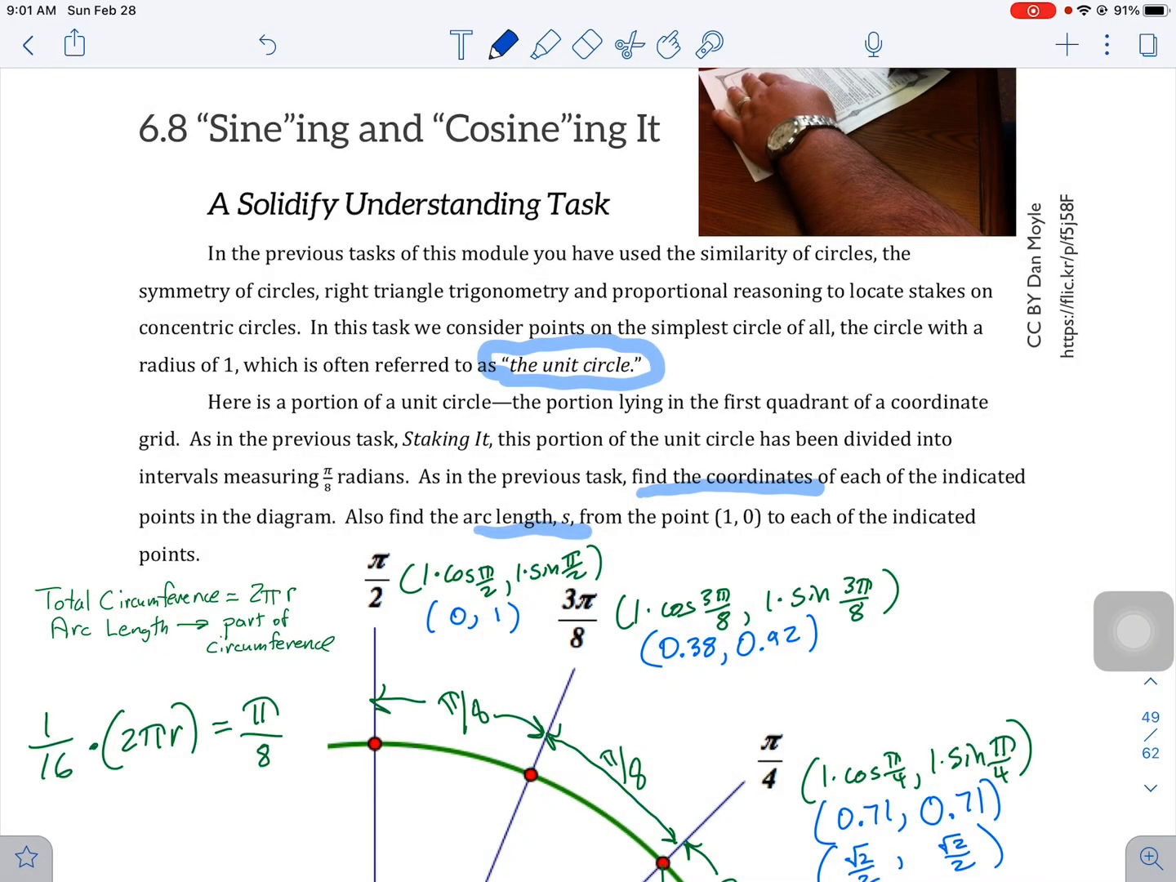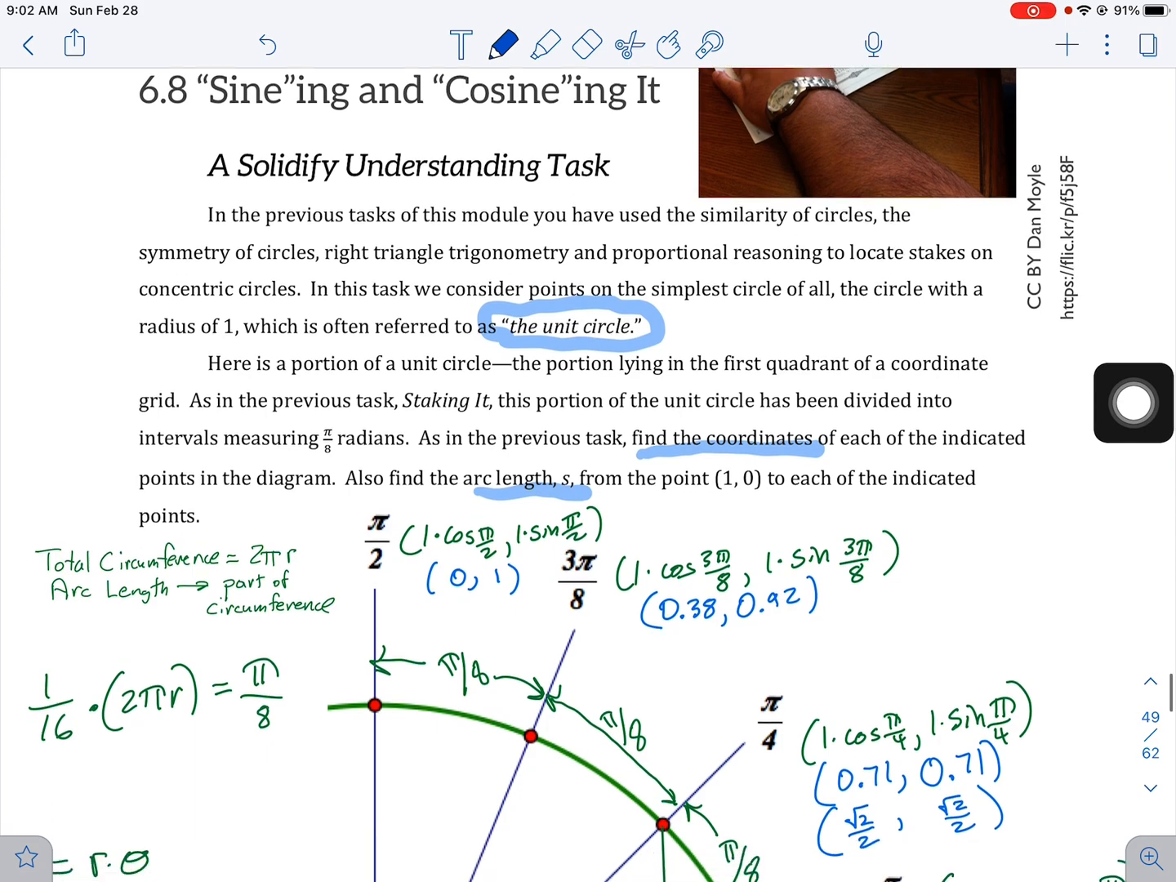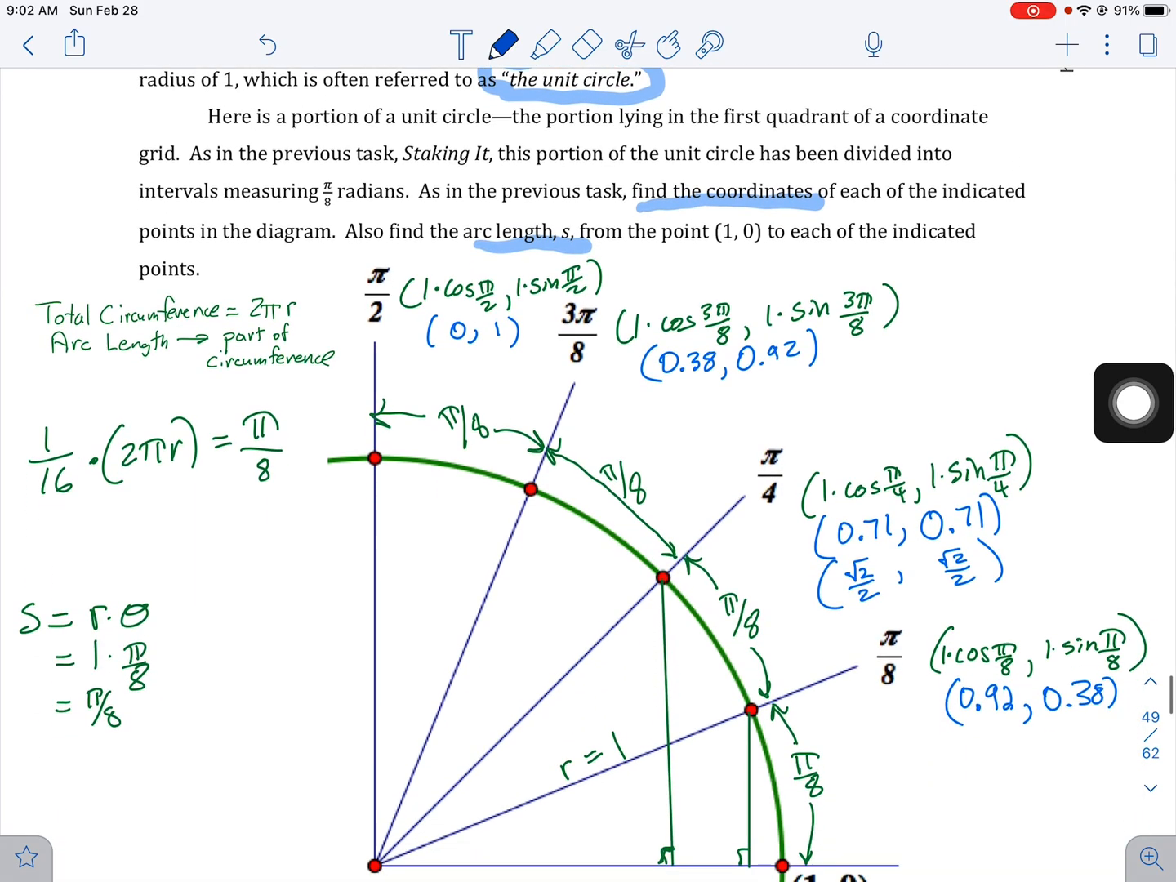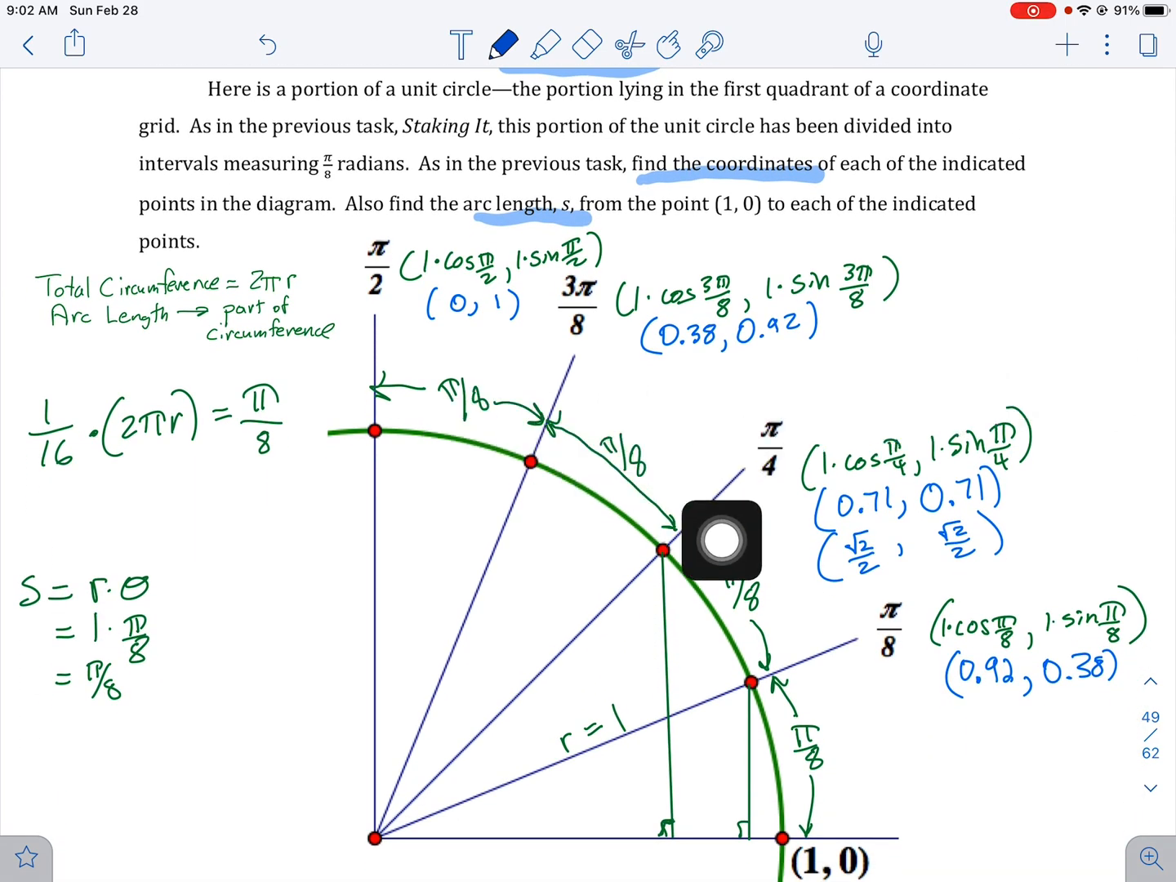Welcome. This is 6.8 task. It's called signing and co-signing it, and there's a person with a document they're about to sign, and it's a terrible pun. But anyway, this is about something called the unit circle, and the unit circle is a circle with